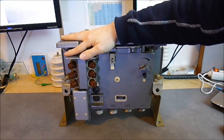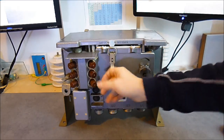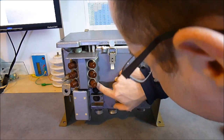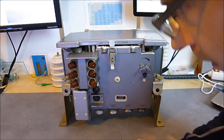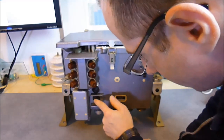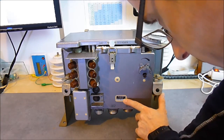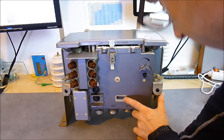On this front side here you can see a panel with 6 fuses, but this panel cannot be removed because the screws are sealed with very hard epoxy. Here we have one module that we will be able to remove. Push buttons here, the manufacturer plate with a model number, and the weight is written. Here it is written 13 kilos, but in fact it is more